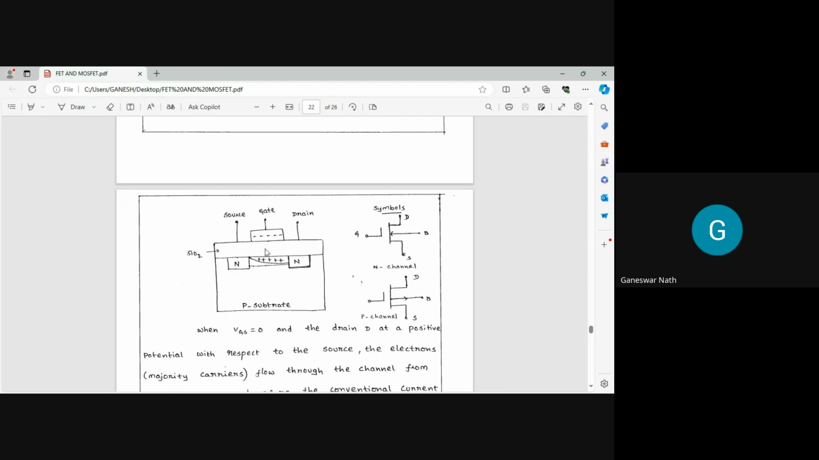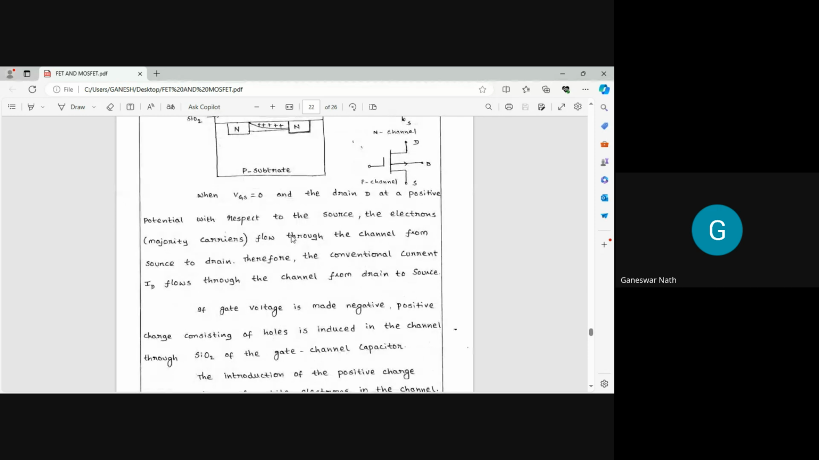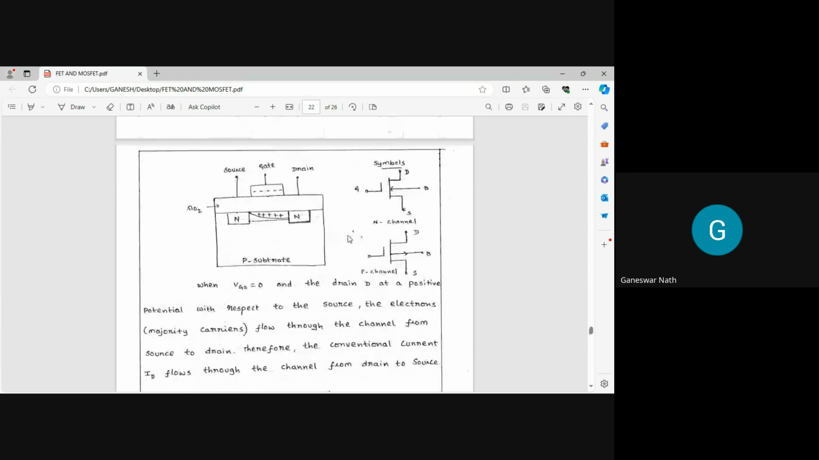Okay. You can see this is the source, this is the gate, and this is the drain. Now this is the symbol of the N channel and also the enhancement type P channel. So when VGS is equal to 0 and the drain D is at a positive potential with respect to the source,